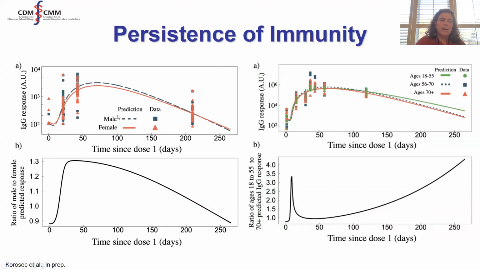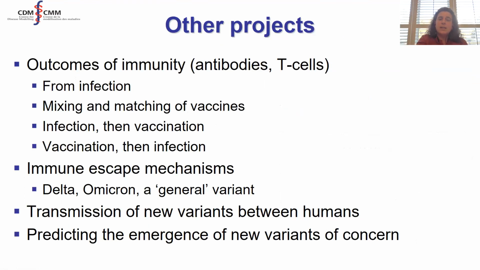Okay, we can do the same for looking at males and females and looking at a different immune response from the two vaccines and what the decay would look like, as well as by age. And so what we want to do is take all this information from vaccine studies and also studies of other things, like what our immune system outcomes look like from infection, mixing and matching of different vaccines, infection then vaccination, or vaccination and then infection,